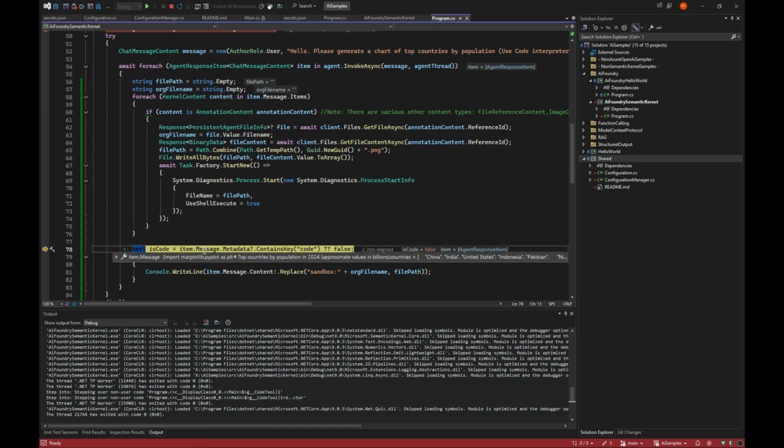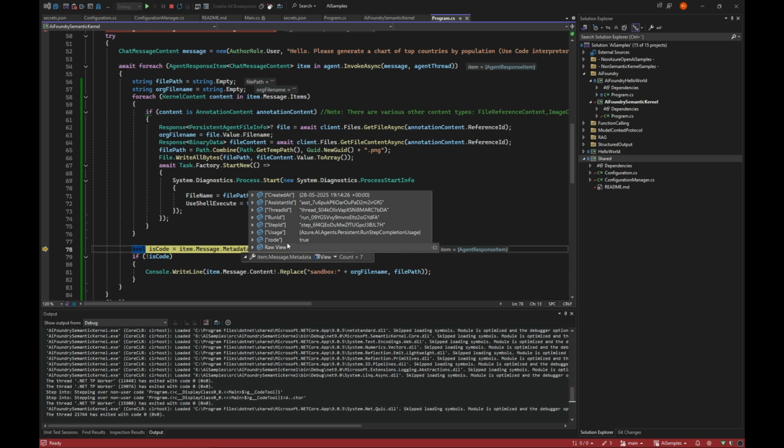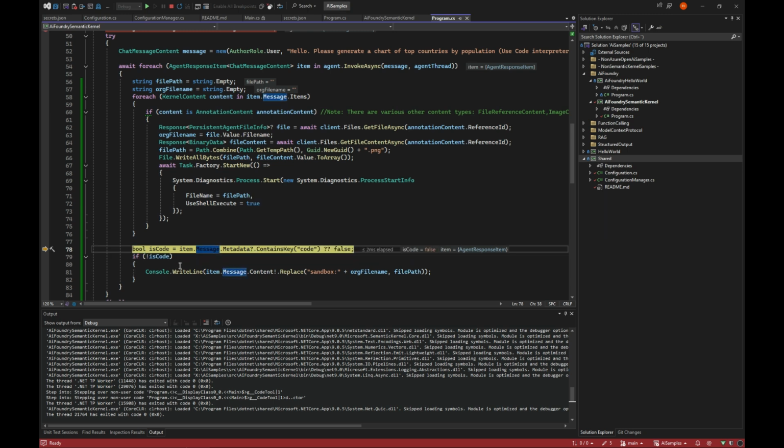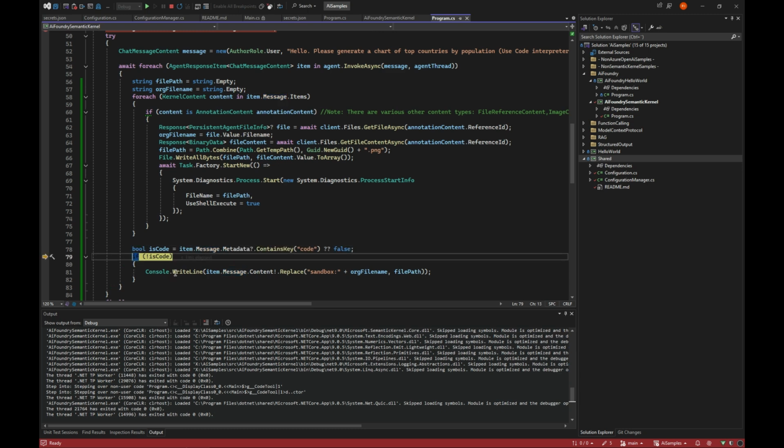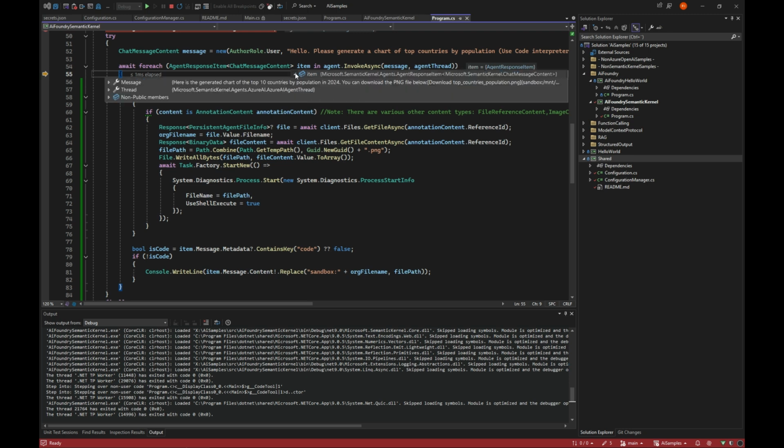And inside the message, there's some metadata, which I thought said code lead equals true, but that just means this is a message that you shouldn't show to the user. This is us giving you back the code, which I don't really need for anything. So this is code, and I don't want to write it out to the user. More about this line in a second. And once we are there, we will get the next message, which is the message back that we wanted, but we still didn't have the file.